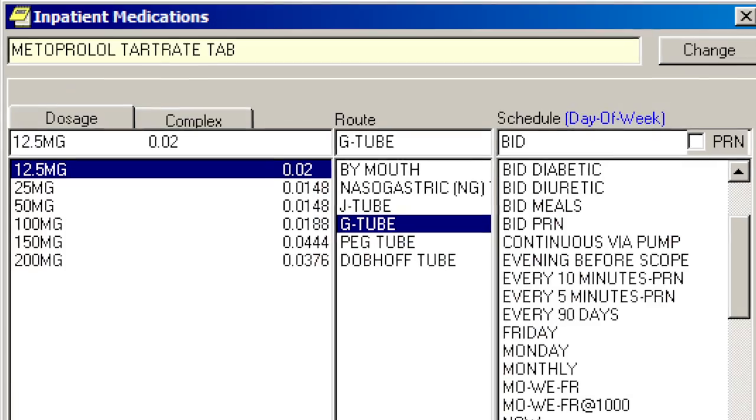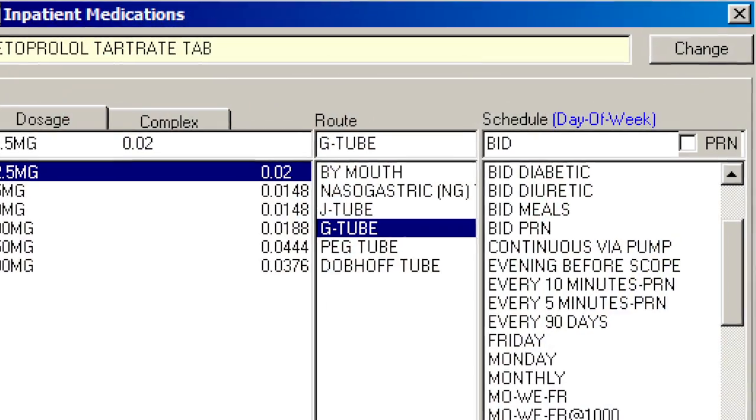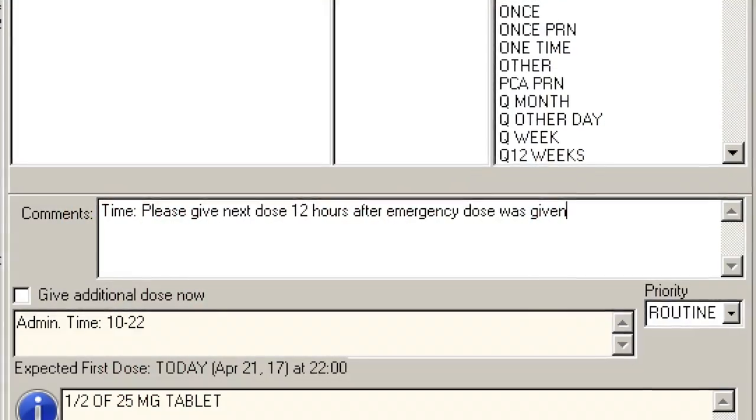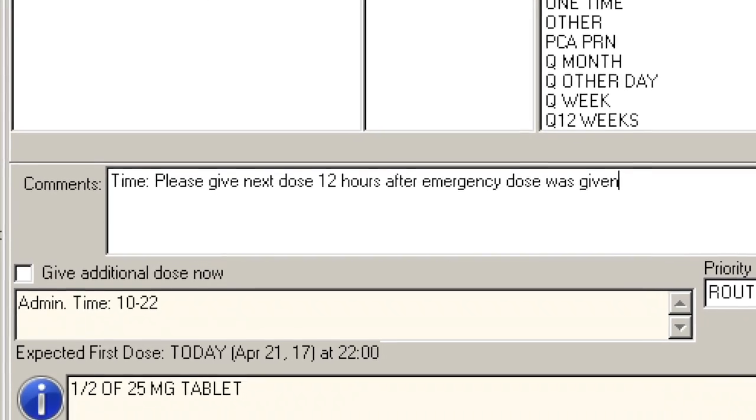There's a complex medication tab at the top to order tapers and titrations. To schedule different dosages for different days, you can utilize the week button up at the top next to the schedule. When all else fails, utilize the comments to communicate what you want, such as time 12 hours after the